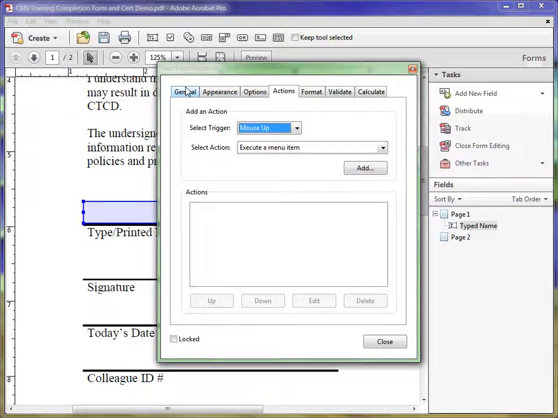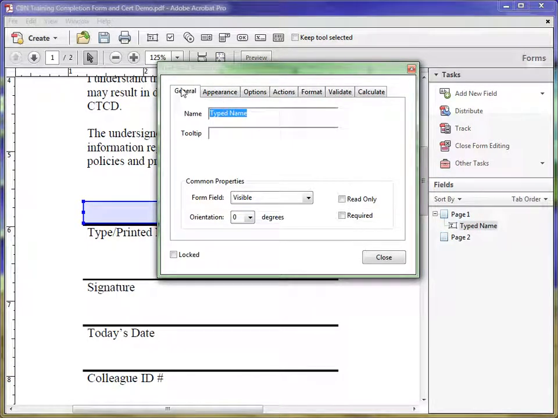The only thing we're going to do here on the properties for this text box, if you click on the General tab, you'll see there's the name that we gave this field. I'm going to add a tooltip. This is a little fly-out tooltip. When people hover their mouse over this field, it kind of gives them a little clue as to what they should put in here. Not that the words underneath it wouldn't already do that, but just to be safe, click here to enter